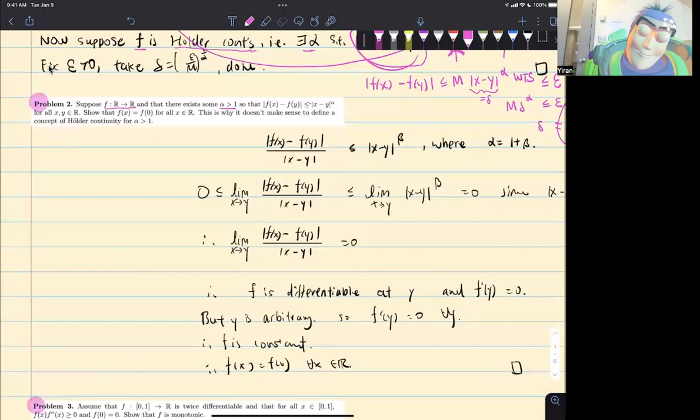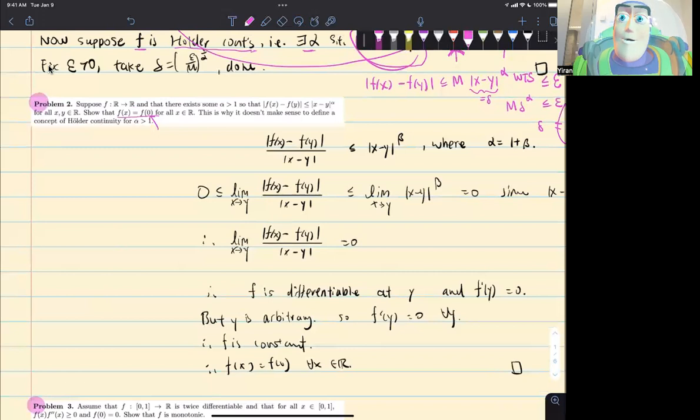So let's focus on the goal of this problem. If f is a Holder's continuous function with parameter alpha strictly larger than 1, then show f(x) equals f(0) for all x in R. When I was first solving this problem, I was really focusing on showing this equality, in particular the point x equal to 0. But it turns out that as long as we show that f is a constant function, then we're basically done, because that immediately implies